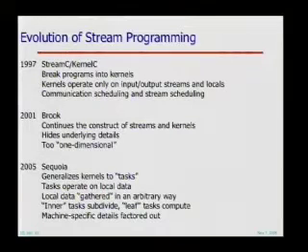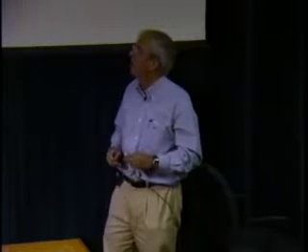In 2001, when we started the Merrimac project, we realized that Stream C kernel C was far too tied to the hardware. There was a lot of pieces of Imagine that showed through into the programming language that lacked portability. And Brook was designed as a language which would be much more elegant, easy to use, machine independent. It was fairly successful in that respect. It actually spun out and has a life of its own as a subset of Brook called Brook GPU, which is on SourceForge and has been downloaded tens of thousands of times and used to program general purpose applications on NVIDIA and ATI graphics cards.